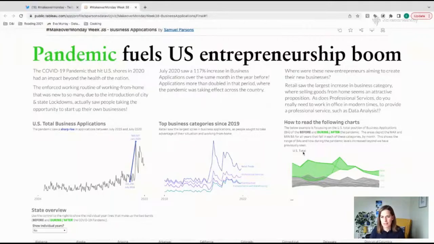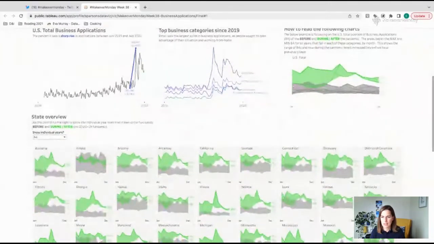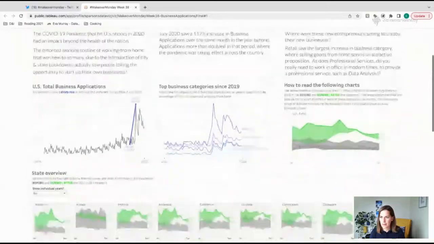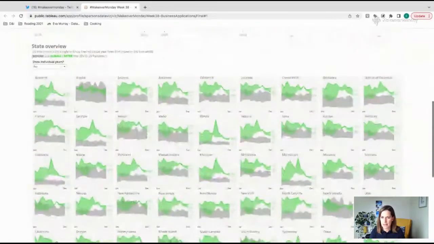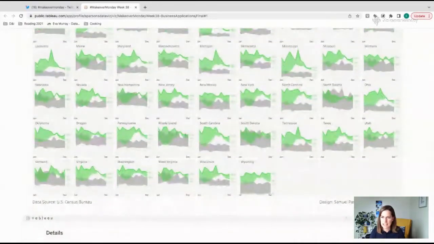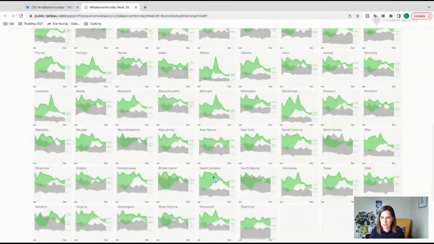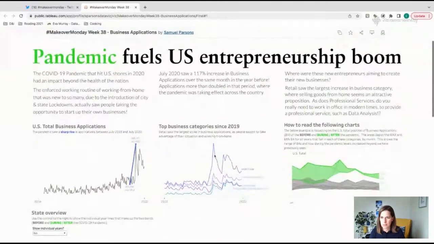And I like that the green of the pandemic goes throughout the different charts. You can also see it later on. I would need to digest it in a bit more detail. But yeah, I really like the design and the layout. He always does really good stuff, makes it nice and clean. And I imagine there are tooltips for the different business applications. And what's going on up here? Retail trade. Okay, so we've got the different categories or industries, and how to read the following charts. So that's an explanation of how to read the stuff below.